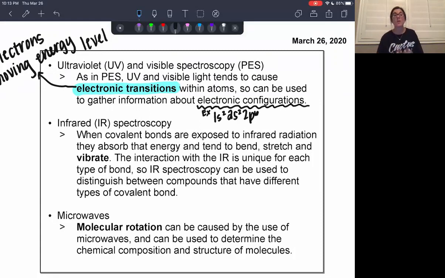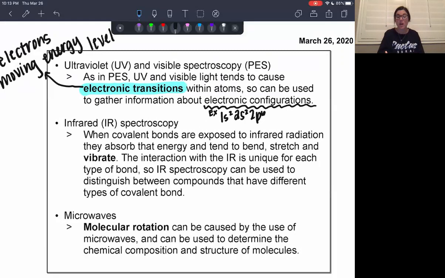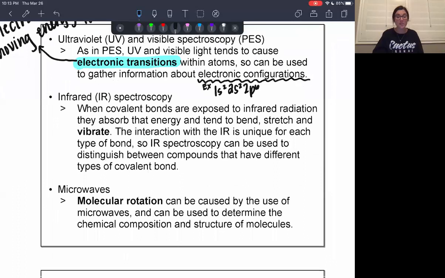It came from this: bombarding matter with UV and visible light, and really quantifying and recording how much energy is recorded or output from the matter during those electron transitions. And if there was always 6 times as much, that meant there were 6 times as many electrons jumping around. If there was a third as much, that meant there were only 2 electrons jumping around. So infrared spectroscopy